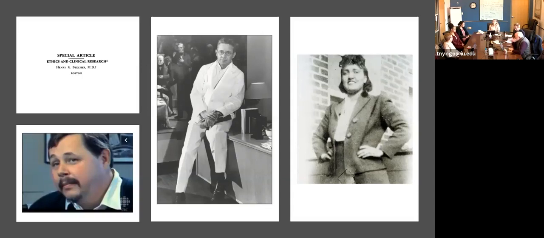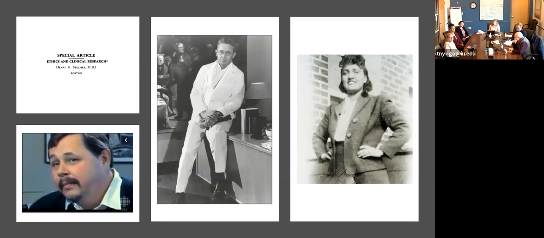Important to understand one of the distinctions there that matters subsequently. The individual who obtained the specimens from Henrietta Lacks, Dr. Jones, was not the individual doing the research. So as we think about our regulatory guidance, it's questionable whether the Lacks scenario, which we all, I think, have some initial questions about, would actually even be impermissible today. It probably would have been permissible under the common law.